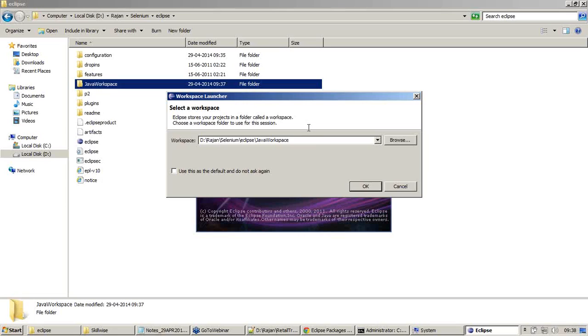See, this is how I configure a workspace. Anyway, you have the ability to choose it from inside Eclipse. Let us configure it right away before starting Eclipse itself. Once I give this directory, make sure you click on OK and then